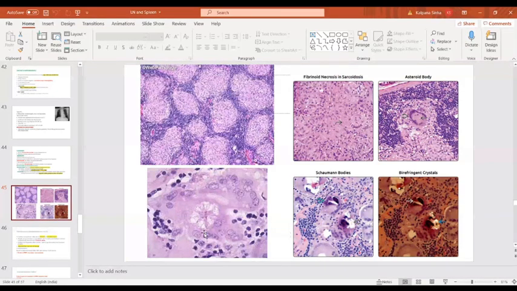And these are the asteroid bodies present in the giant cell. They are star-like, stellate, and they are composed of lipoprotein, calcium and aluminum. So you should remember Schaumann body and asteroid body are seen in sarcoid, but they are non-specific. They can be seen in other conditions also. The granulomas are small, they are hard granulomas, no necrosis. Some cases can show fibrinoid necrosis.